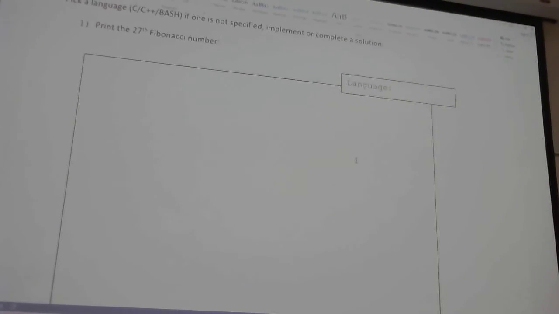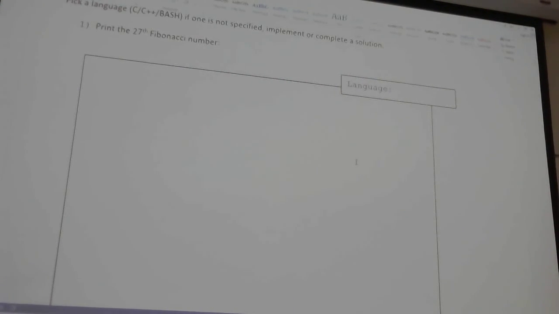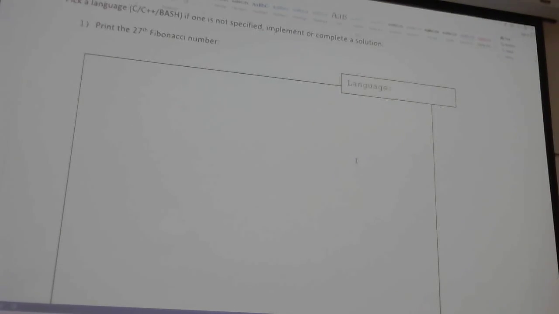You'd have your #include stdio. Then you have your int main. You'd say printf "%d\n", fib of 27, like so. And then you'd have your int fib(int